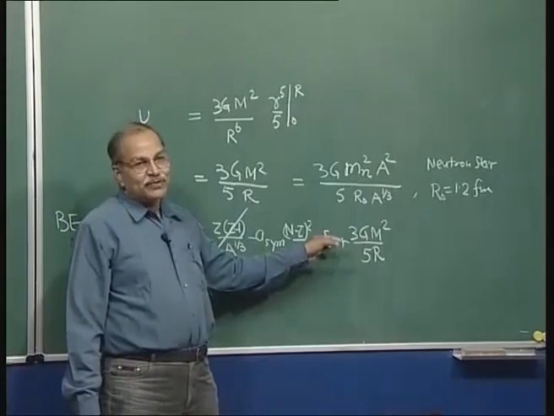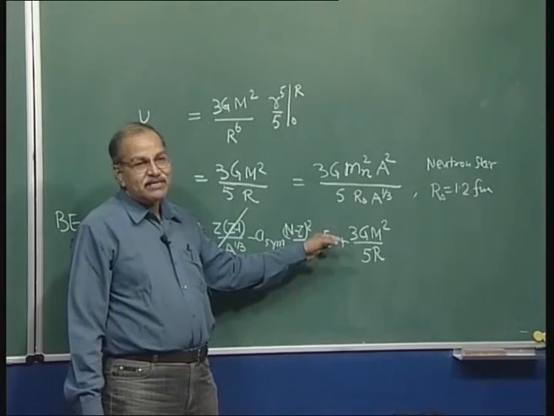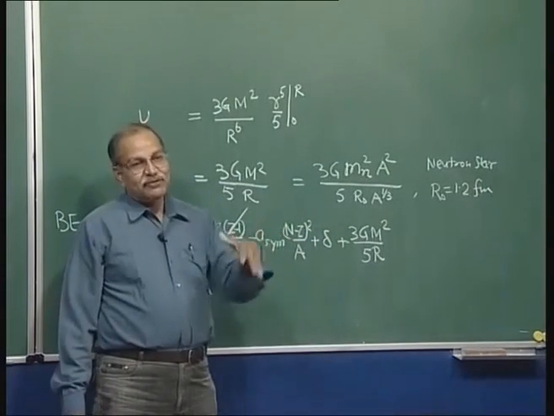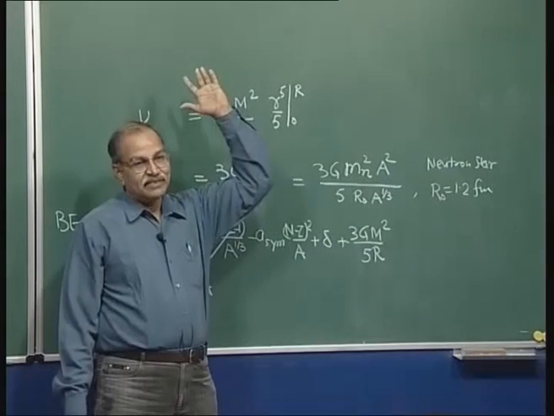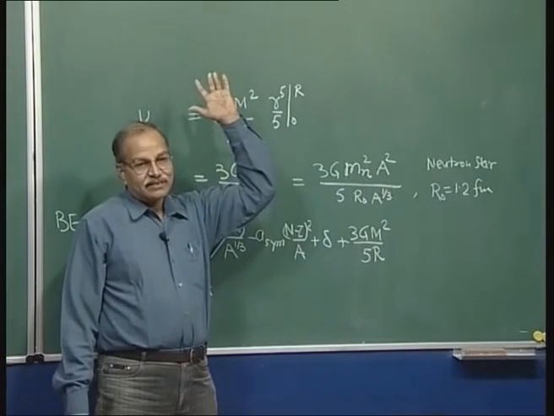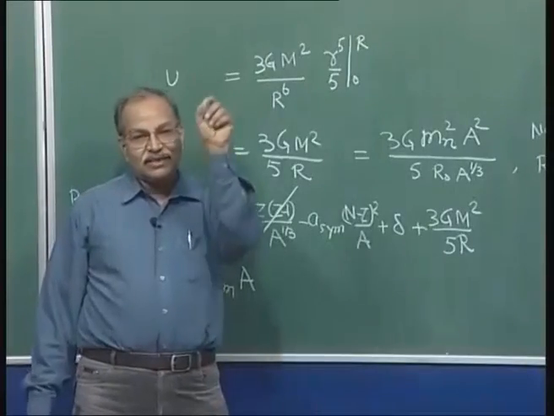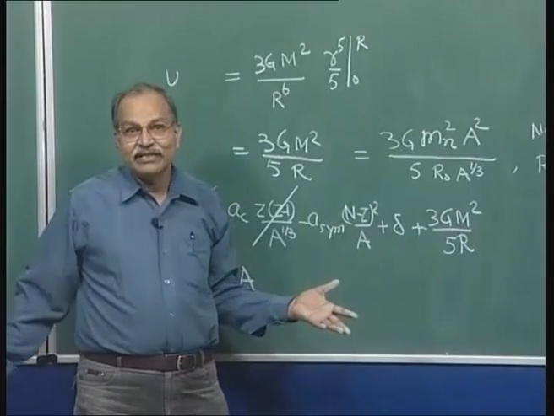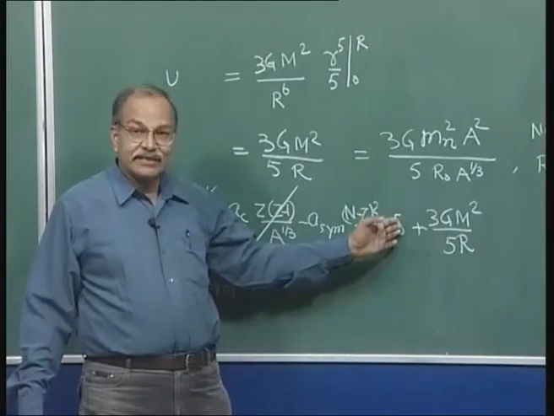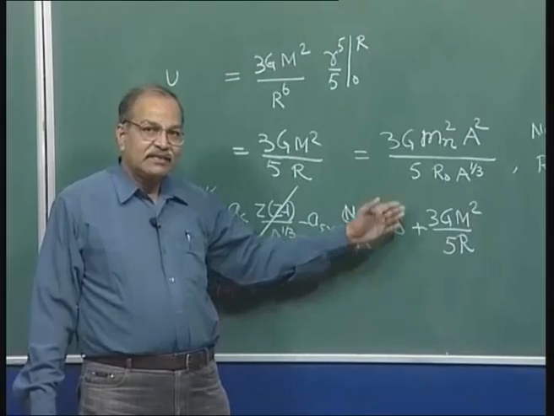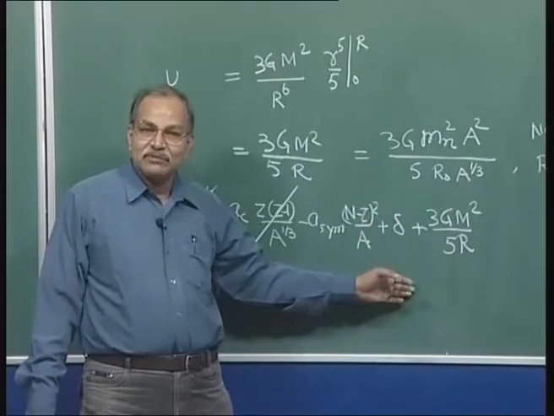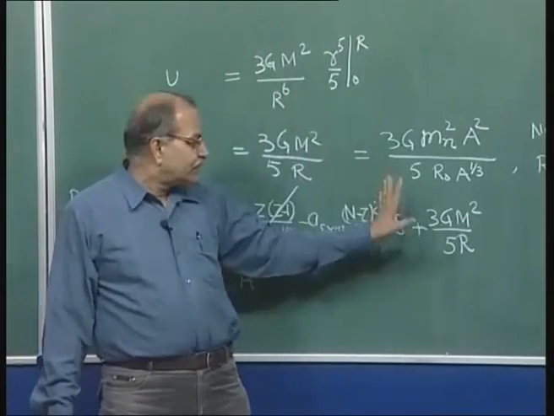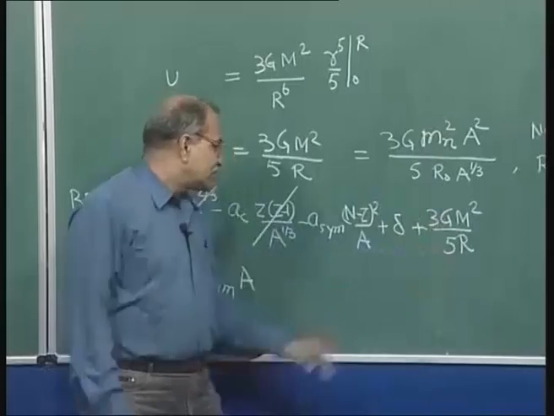This pairing is also we are going to neglect. This is coming from even number of nucleons and odd number of nucleons. So, if you are likely to have some 10 to the power 54, 55, 56 nucleons, so one more or one less is not going to change the energy of the system by any significant amount. So, this also we can neglect, or you can also think in terms of it is some constant divided by capital A to the power 3 by 4, and capital A is so large. So, forget this also. Then comes this